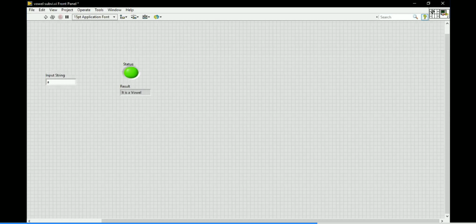First click on the first square box, then choose the input string, the input control. You will get a pink color. You can choose an indicator here also and nothing will happen, but you will become confused about which one is a control. That's why you should choose the indicator on the right side box.